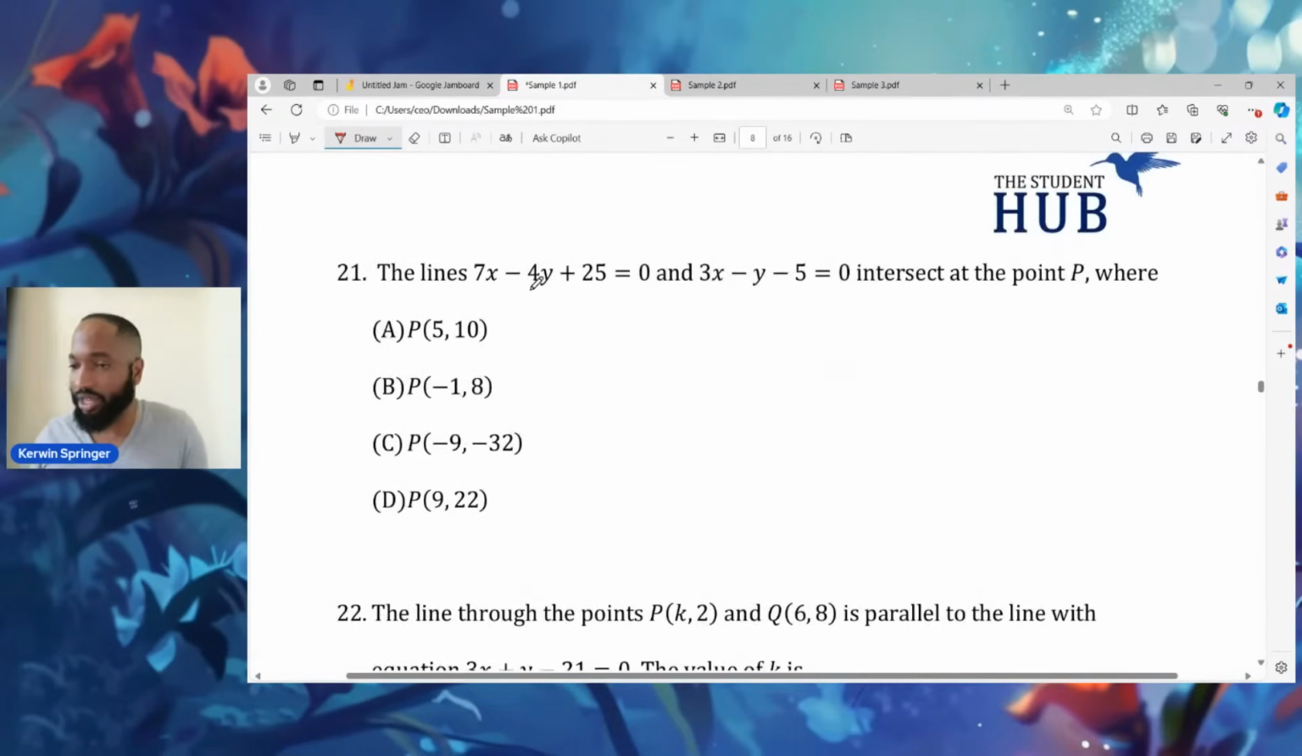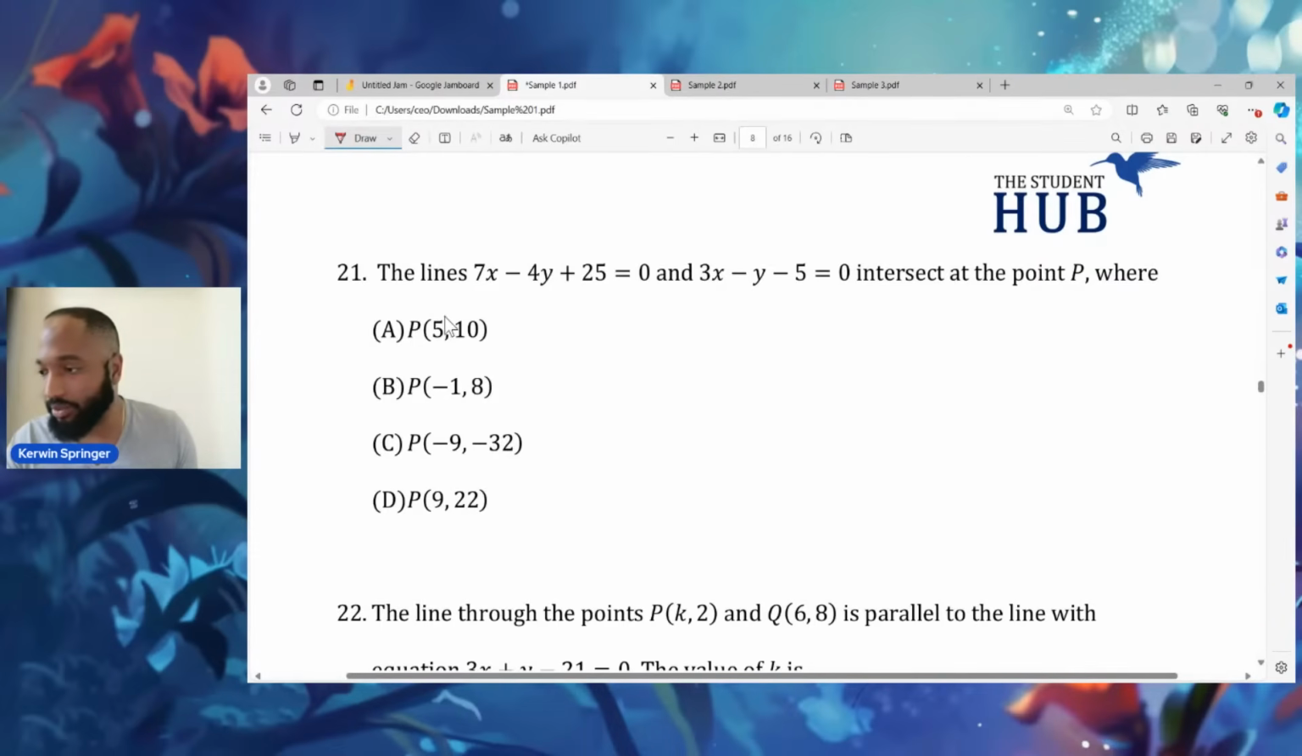The lines 7x minus 4y plus 25 is equal to 0 and 3x minus y minus 5 is equal to 0 intersect at the point P. The fastest way to do this question might be to substitute each point in and see if it satisfies each one. So if I substitute 5 and 10 in here,